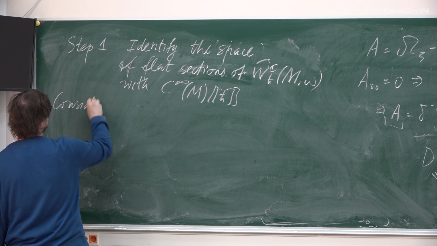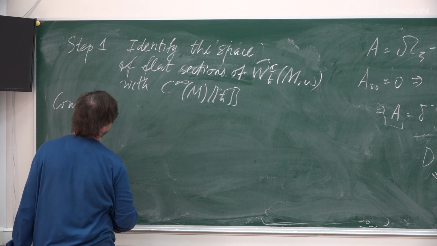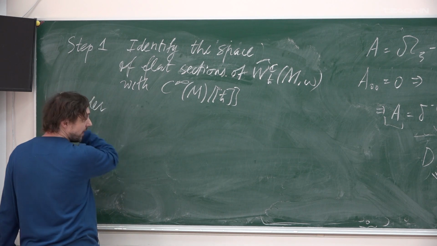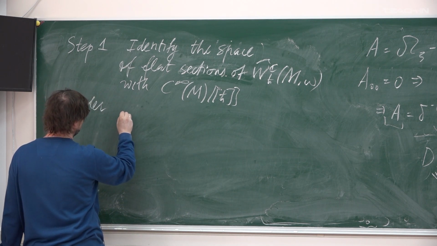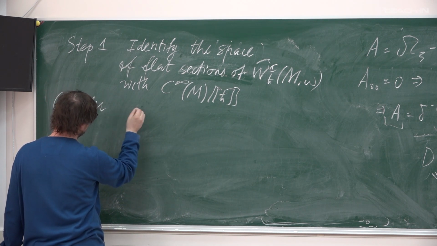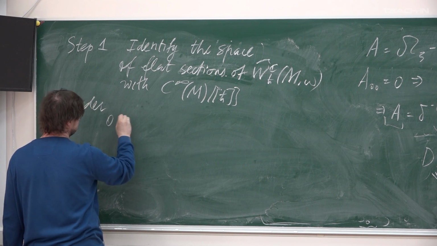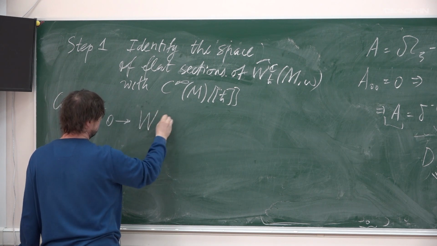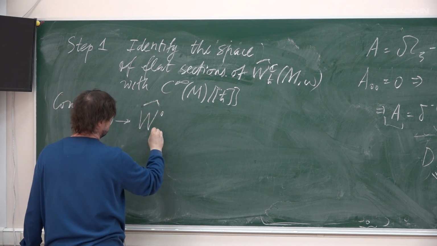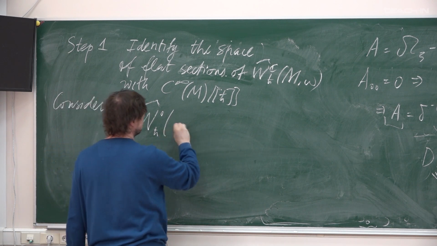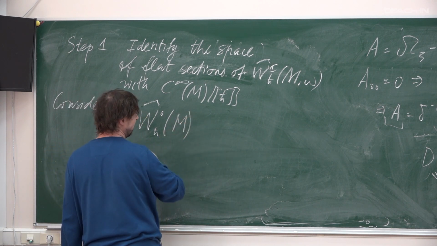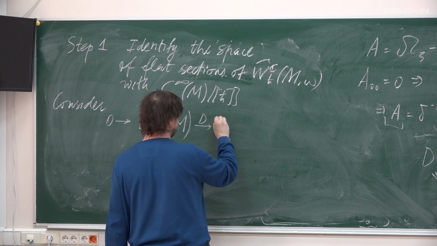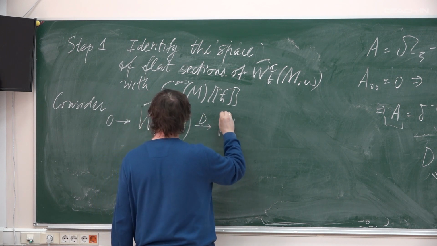We consider the chain complexes, or probably better to say cochain complexes. And there are two cochain complexes. First, the complex of sections of this vector bundle, Weyl vector bundle, with the operator given by abelian connection, or